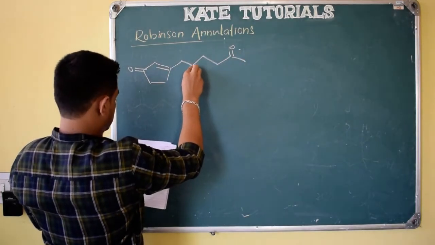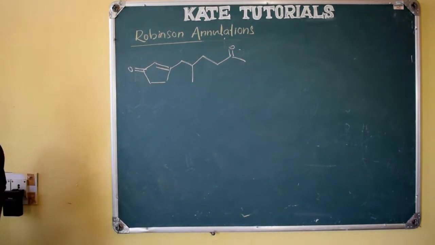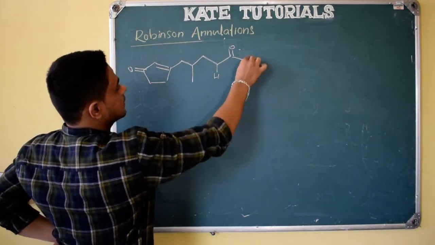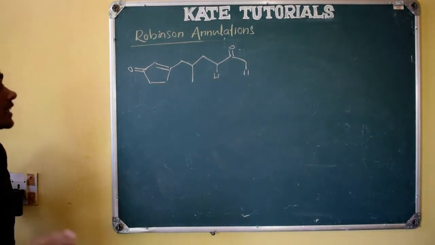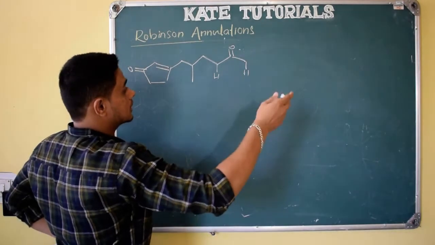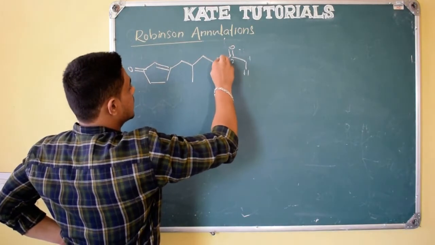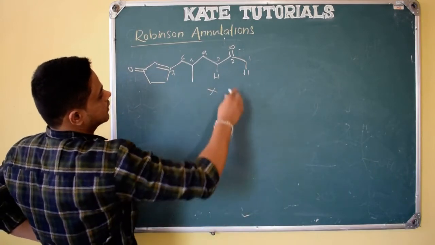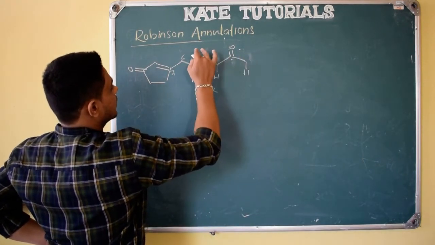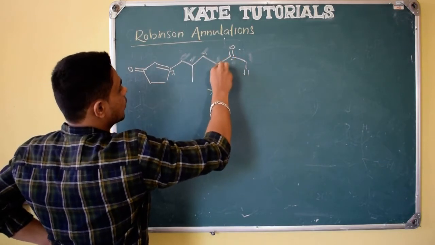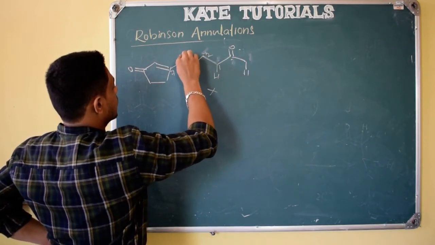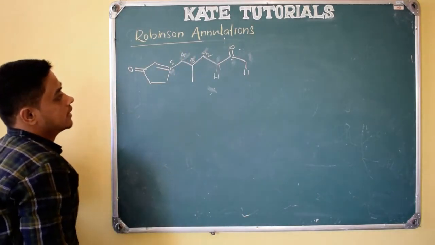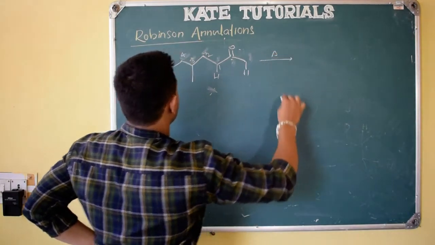And here methyl, right? Okay, see here, we know that this is an acidic proton and this is an acidic proton, but we need to see whether a 6-membered ring or a 5-membered ring forms, because those are thermodynamically stable. 1, 2, 3, 4, 5, 6, 7 is not used, right? So this proton won't be removed. Here 1, 2, 3, 4, 5, yes, a 5-membered ring if I remove this proton. So at elevated temperature we will get a product like this.